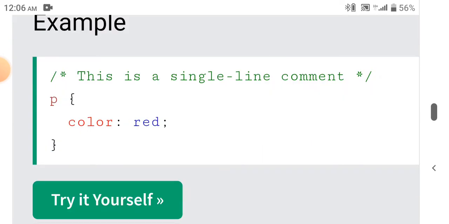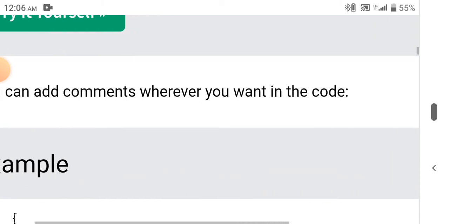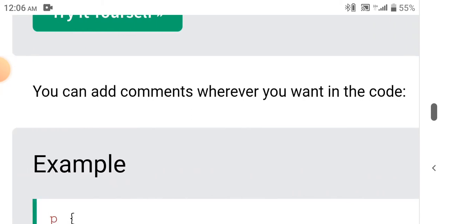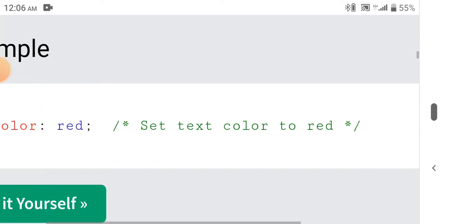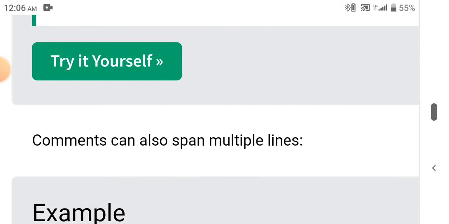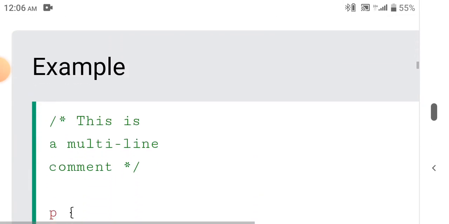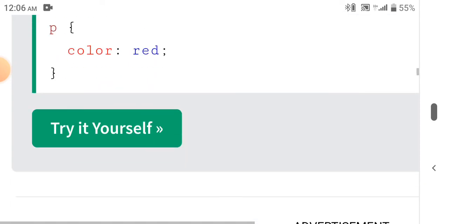p { color: red; } You can add comments wherever you want in the code. Example: p { color: red; } Set text color to red. Comments can also span multiple lines like this. This is a multi-line comment. p { color: red; }